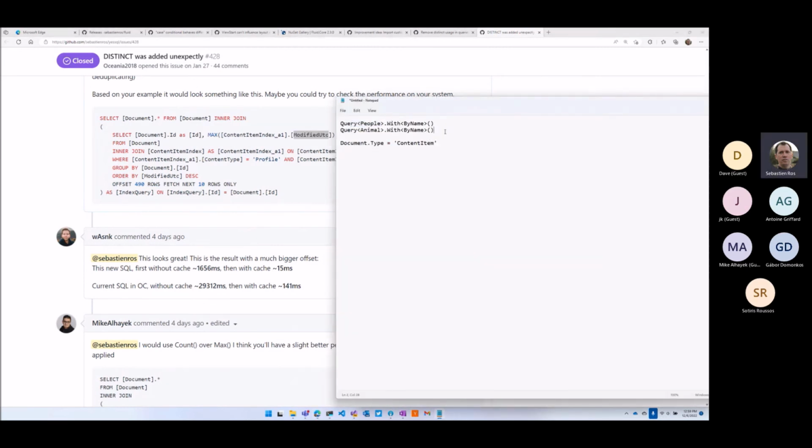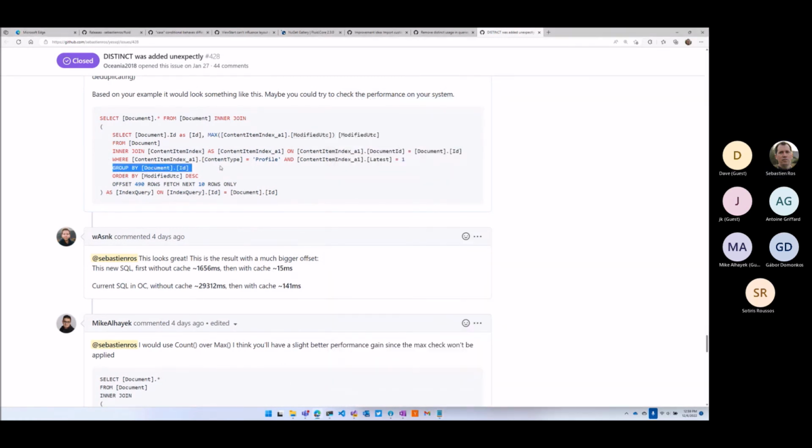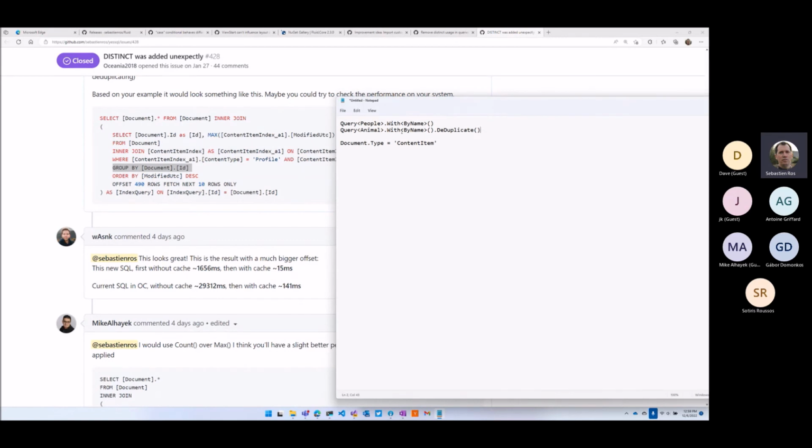So that could be something like, today, I just added deduplicate to say, you don't need to group by because I know that all my indexes in this query don't provide duplicates. So in Orchard, whenever we do something with content item index, only because there might be other indexes, right, we can do .deduplicate. Or no duplicate, something like that. And this way,